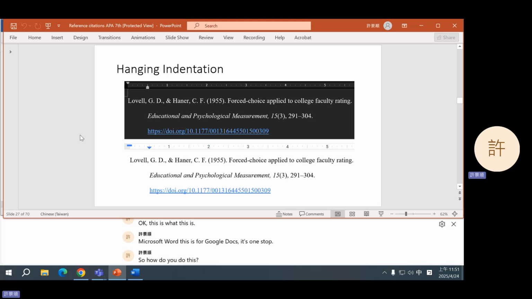You can, if you want, call out the ruler, and you can just drag the arrows so that it matches the ruler. But there is an easier way to do this in Microsoft Word. In Google Docs, you have to adjust the arrows. But in Microsoft Word,